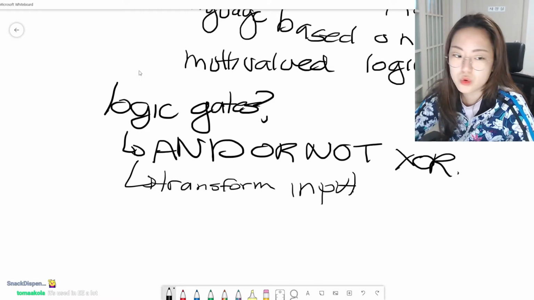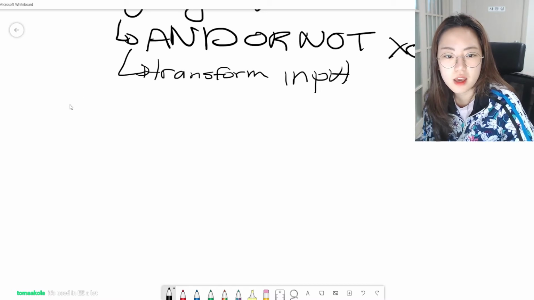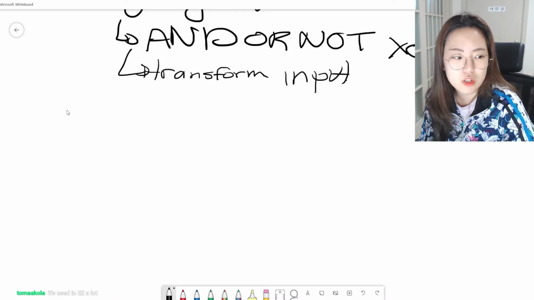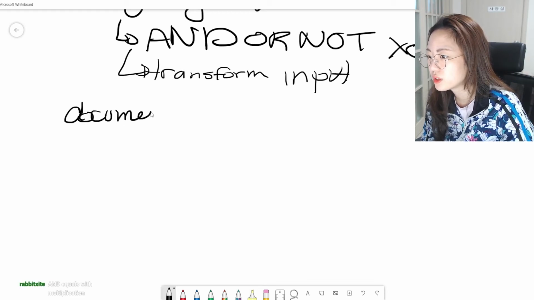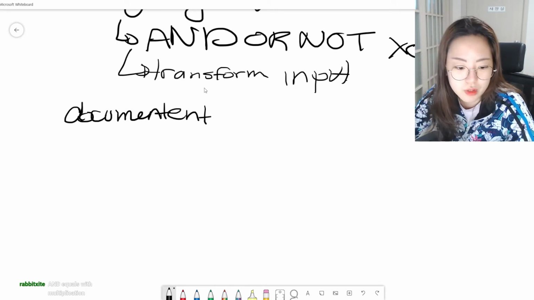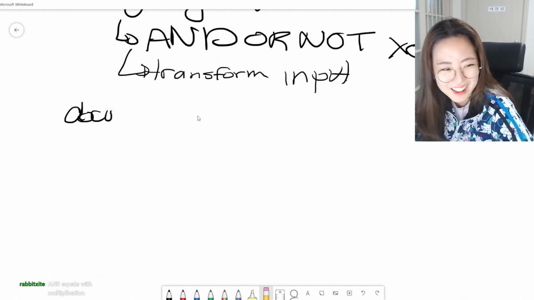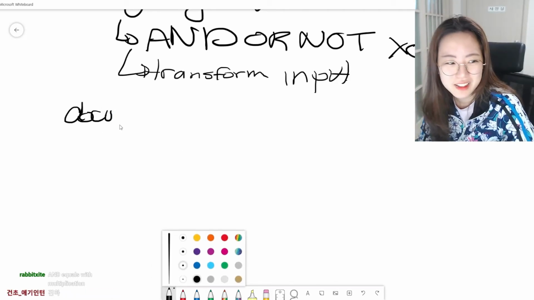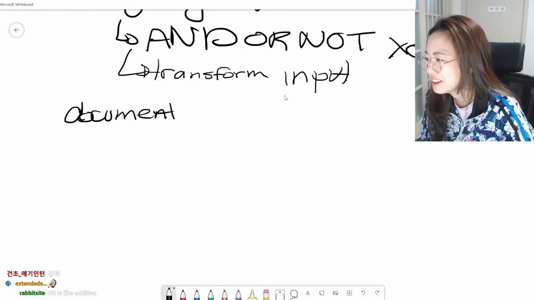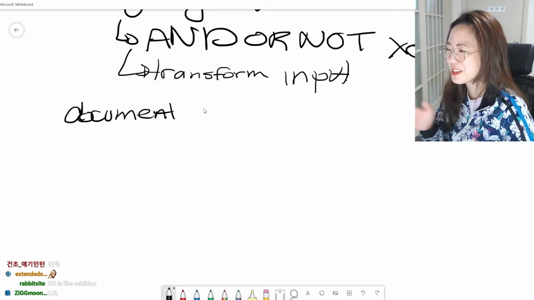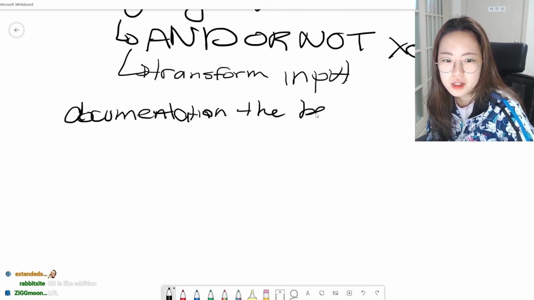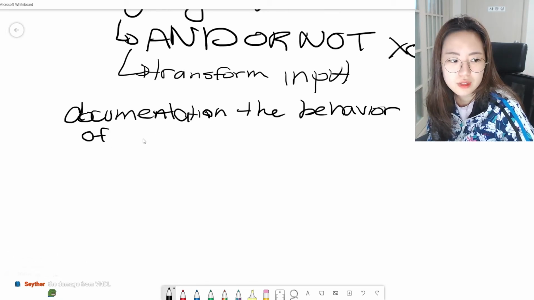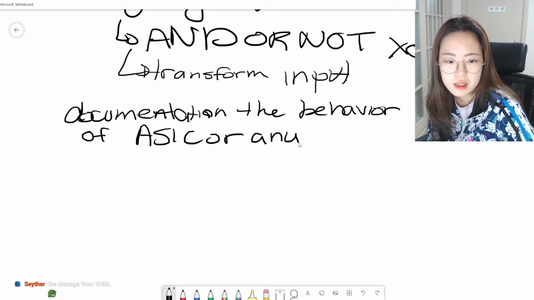So can I try to make a strong guess on saying this language is, it seems that since it uses the word description, it's a way to document, oh, sorry, I can't spell document. Sorry, documentation, the behavior of ASIC or any electrical hardware,